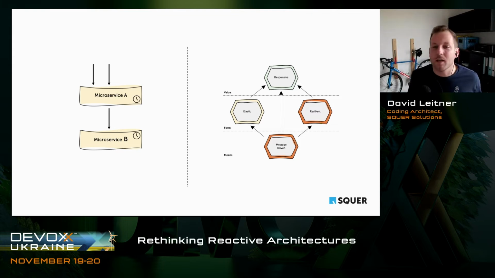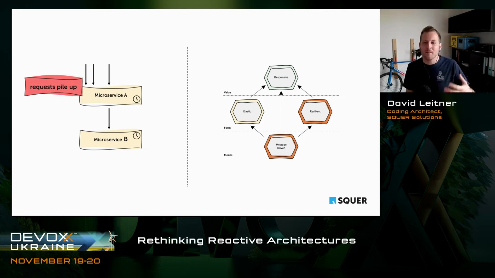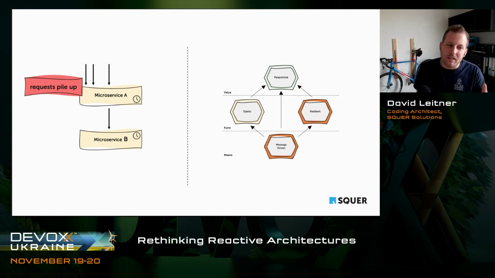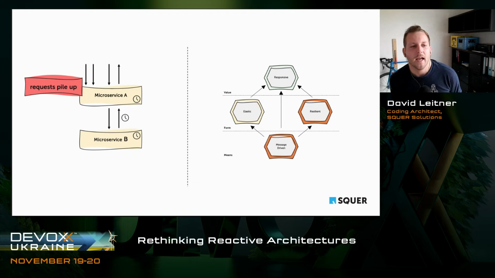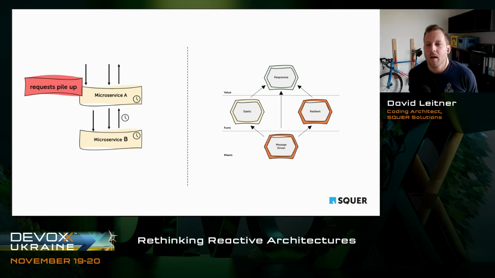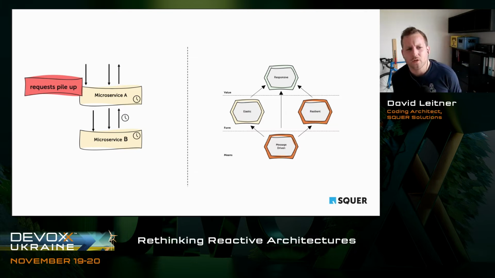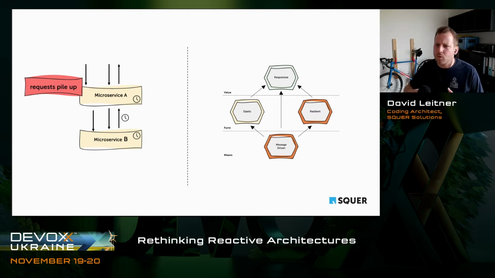And new requests coming in start to pile up, and pile up, and pile up. And at some point in time, obviously the system is not able to respond anymore. But at some point, hopefully microservice B responds, and then we respond back up to the user maybe, and then we can take the second request. But of course, that's not optimal. That's usually what brings a lot of headache if you work in highly scalable systems, especially with a lot of users. Then you usually don't want to have this bottleneck spread over your whole system because a single service is slow, right?